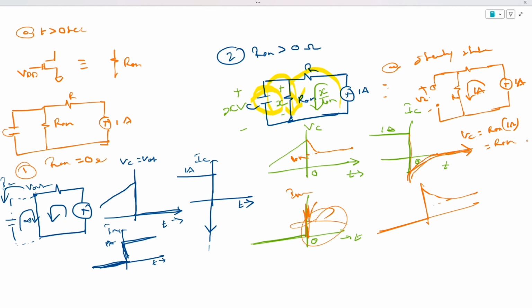If you see the IM graph, right, the IM will be kind of first a very huge amount of current